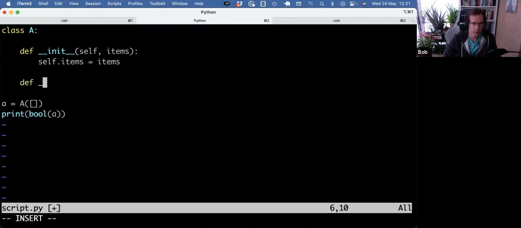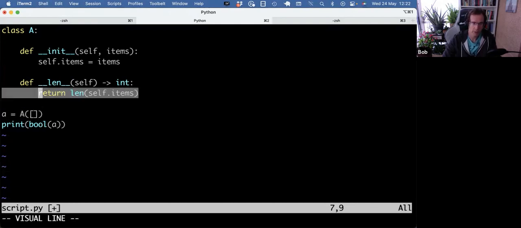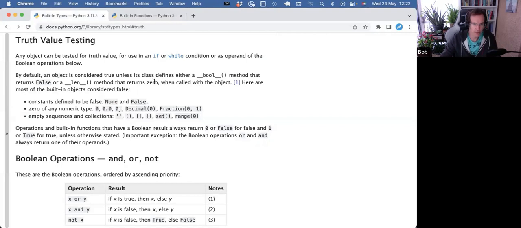There's two ways of doing it. You can do dunder bool. That needs to return a boolean. So you can have any statement here that results in a boolean, but I think it makes more sense to do the len implementation here, which should return an int, and then I can just return the length of self.items. So if I make an instance with 0 items, then I expect this to be false because the length will be 0. And again, going back to the documentation,